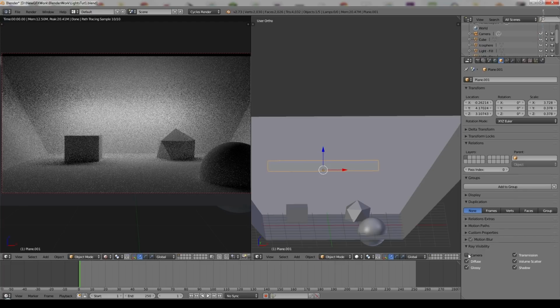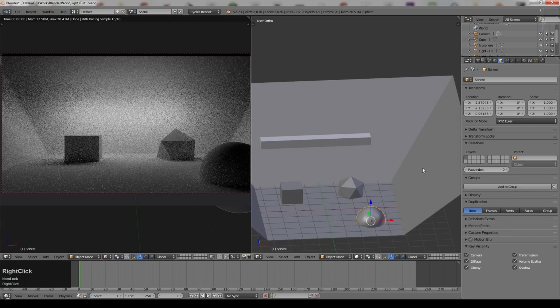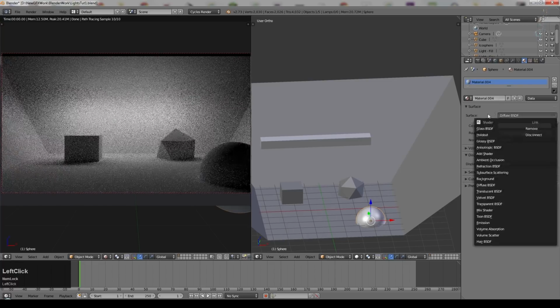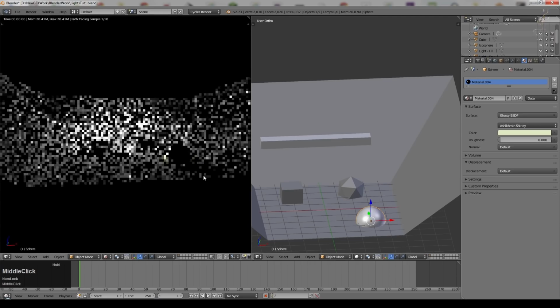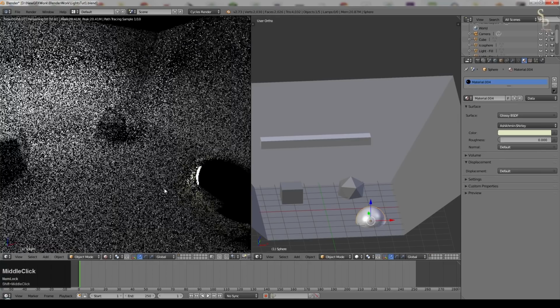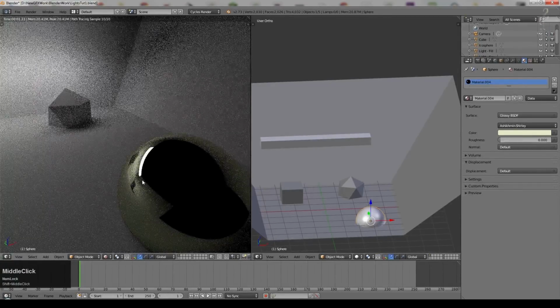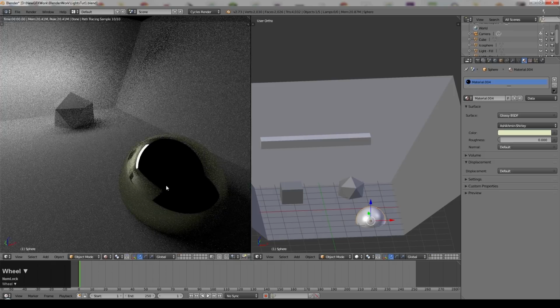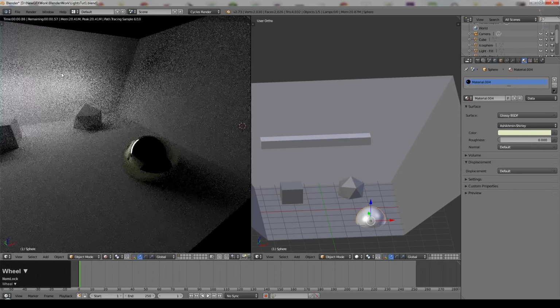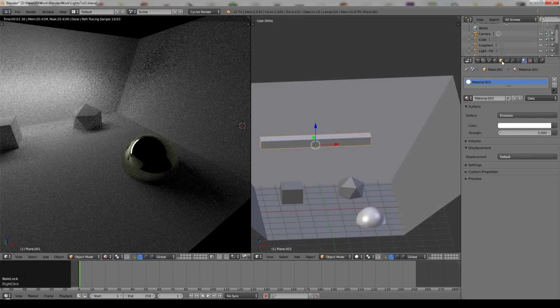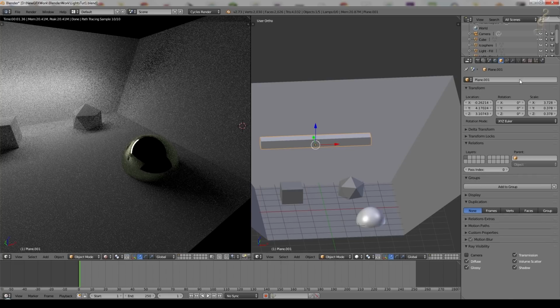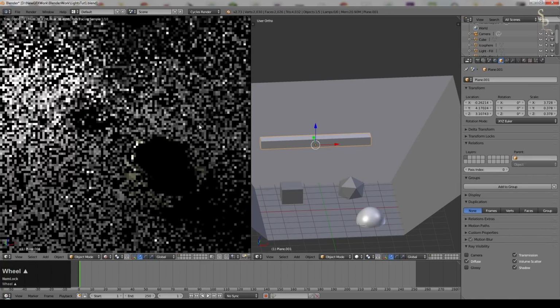Now, just a little word of caution about this. I will make this sphere have a glossy shader on it. So let's put a slightly silvery shader, and there it is over here. I'm going to come out of the camera view and just zoom in on it there. Now you can probably see just here, obviously the scene is reflected in my sphere, but we've also got that bright lamp showing up in the scene as well. So that may or may not be what you want, but obviously the lamp is invisible directly, but it's still visible there. Now you can, again, come over to the object properties with the lamp selected and switch off glossy. And now the lamp has vanished from the scene.